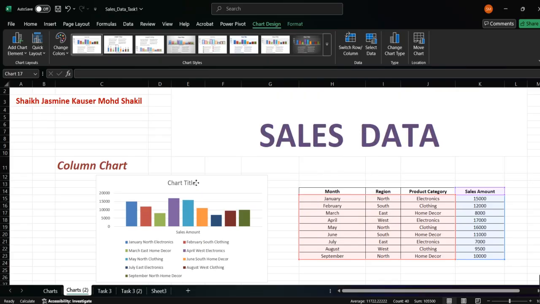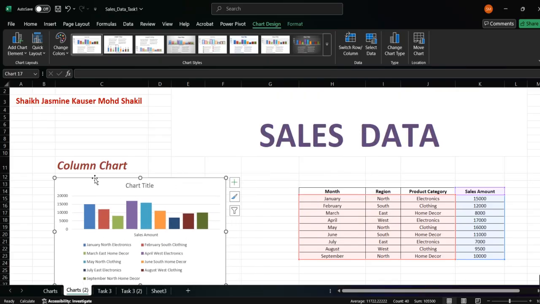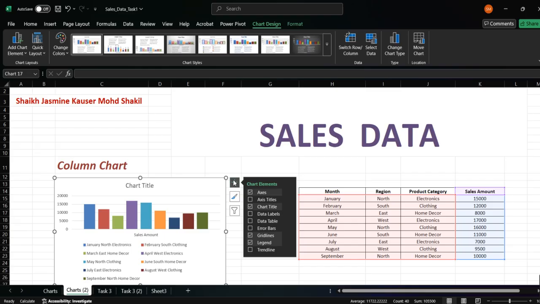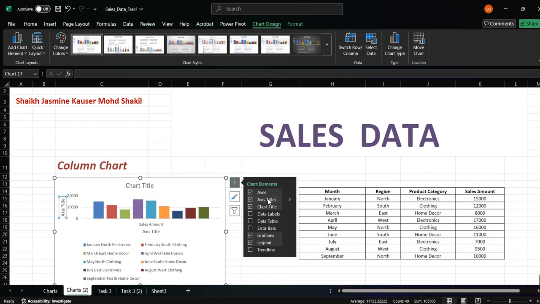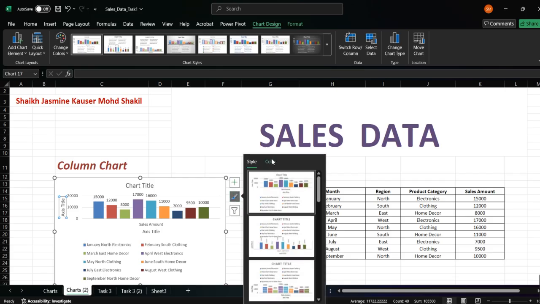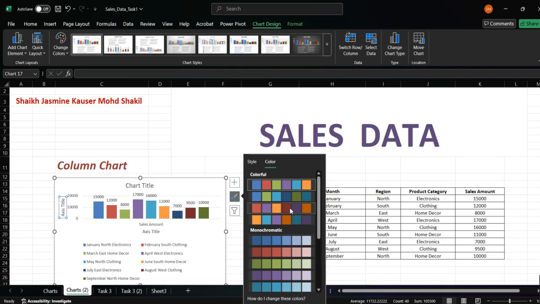Just open it and move it to this place. As you can see, we have selected month, region, product category, and sales amount. So sales amount is here, and here are all the data categories. Okay, January, North, Electronic, February, South, Clothing, all you can see. And from here, Chart Elements, you can add axis titles, data labels, and from here you can change the color style,